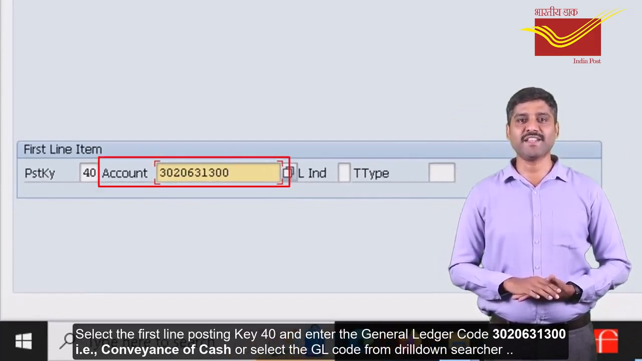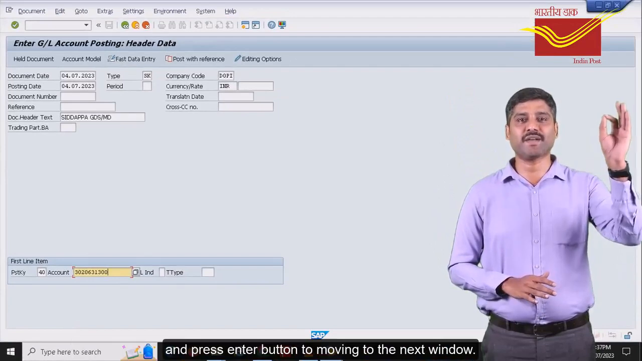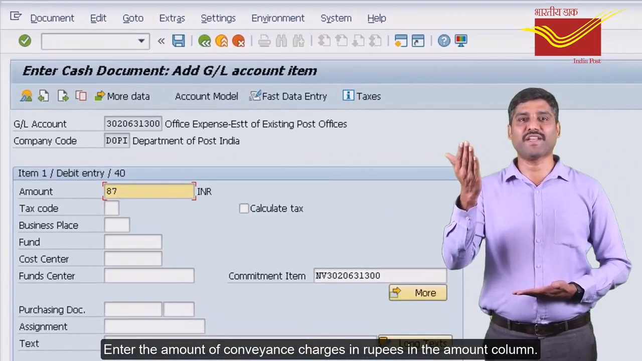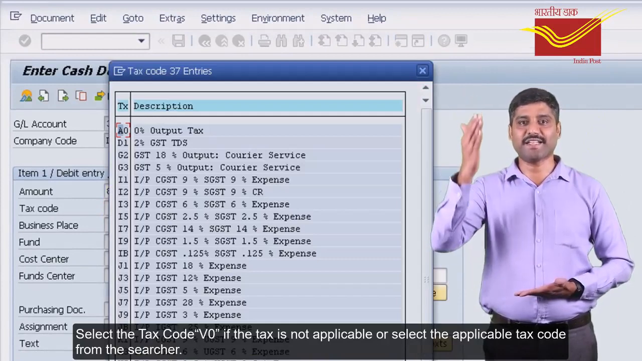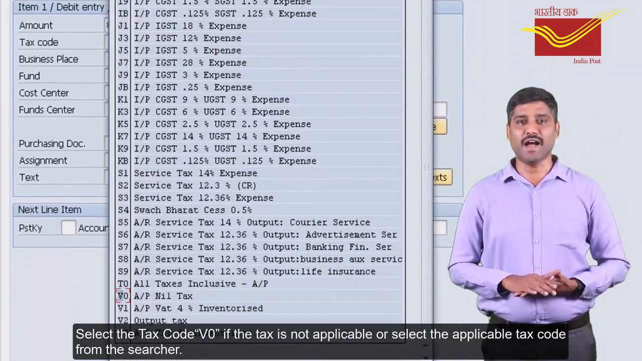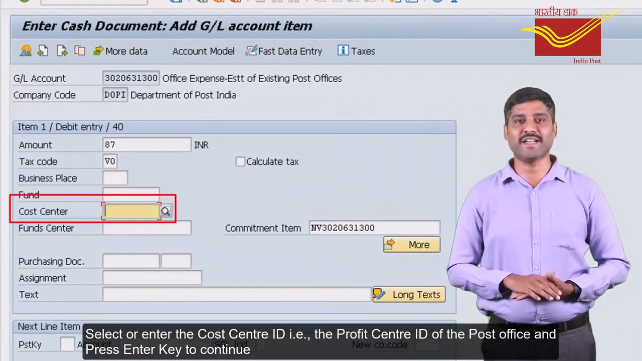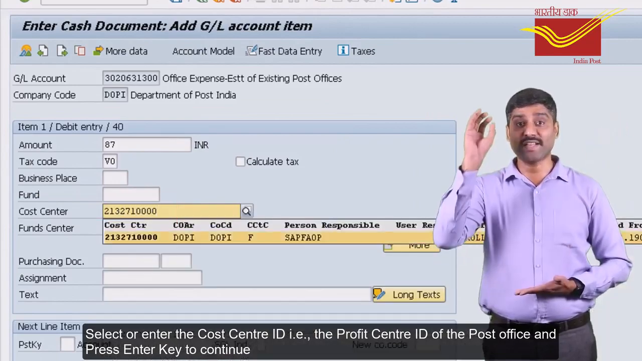3020631300. That is conveyance of cash, or select the GL code from the drill down searcher and press enter button to move into the next window. Enter the amount of conveyance charges in rupees in the amount column. Select the tax code V0 if the tax is not applicable, or select the applicable tax code from the searcher. Select or enter the cost ID, that is the profit center ID of the post office, and press enter key